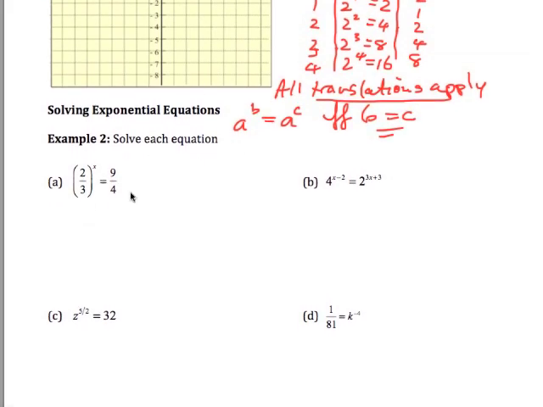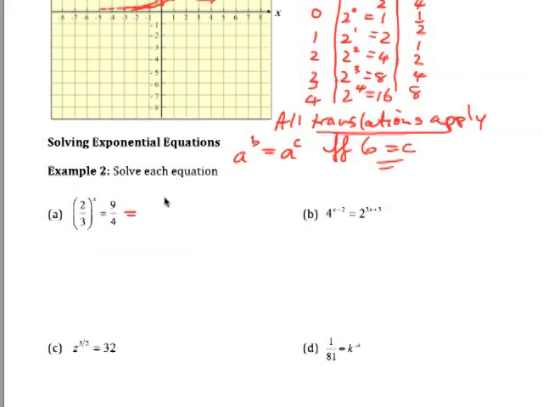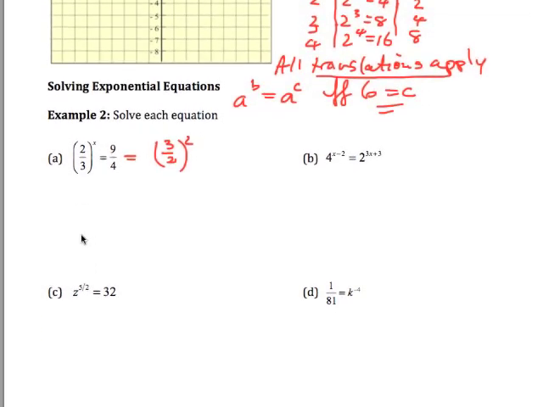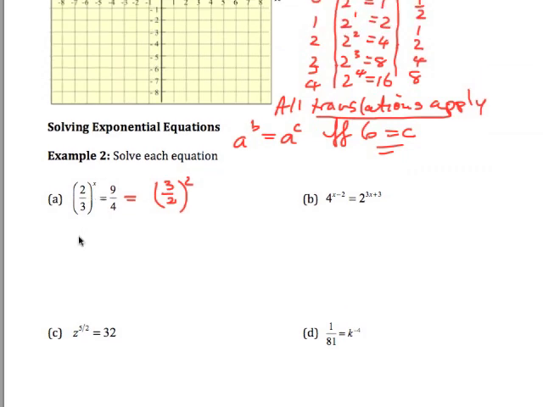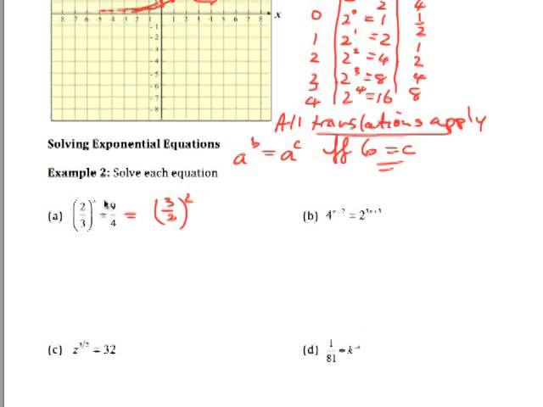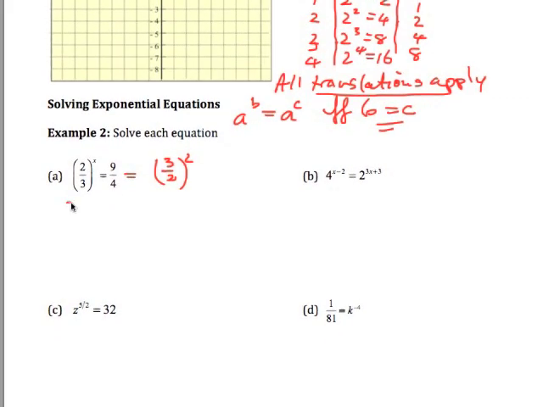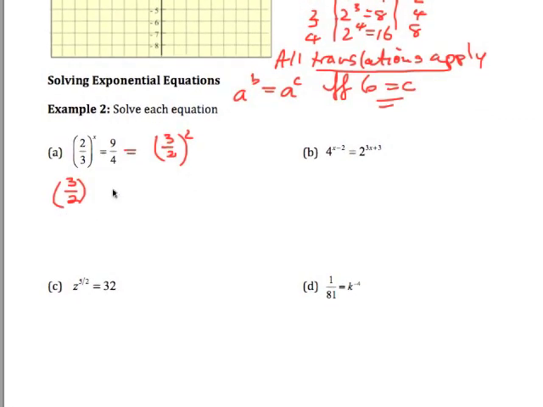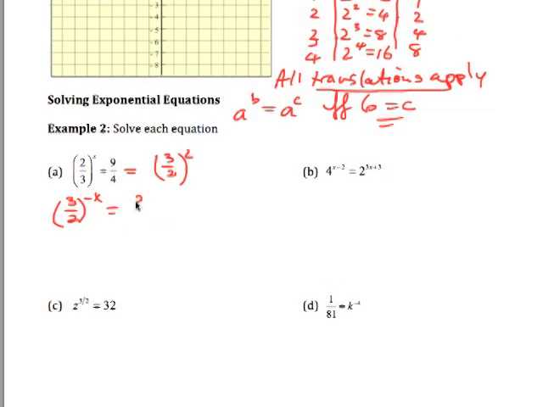If we look at this one here, the first thing I notice is that 9 on 4 could be written as 3 on 2 squared. So in other words, I've got 2 on 3 to the x, and I've got 3 on 2 to the 2. Now this is upside down. So what I could do is write this as 3 on 2, and this is where you must know your exponential laws. If I change it to a negative x, the negative switches it upside down, and then I have 3 on 2